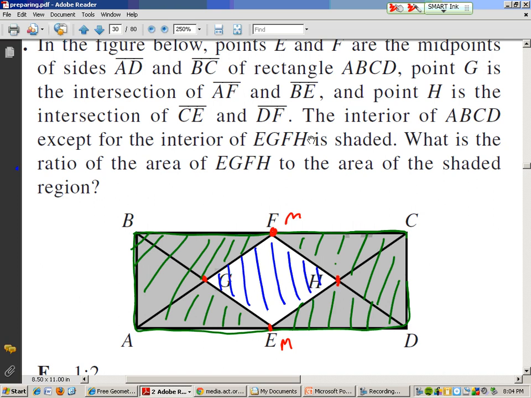the question is, how do I figure out what's going on here? Well, I know if that's a midpoint, this and this have to be the same. And since it's a rectangle, I know the top and the bottom are the same. So this and this also have to be the same. So now the question is, do I have congruent gray triangles? Well, this side has to be the same as this side because it's a rectangle once again. And all these corners have to be 90-degree corners. So do all these gray triangles look like they are congruent? Well, I've got side, angle, side on each one of them. They each one have a 1 mark, a 90-degree angle, and a 2 mark. So that tells me they are all congruent to each